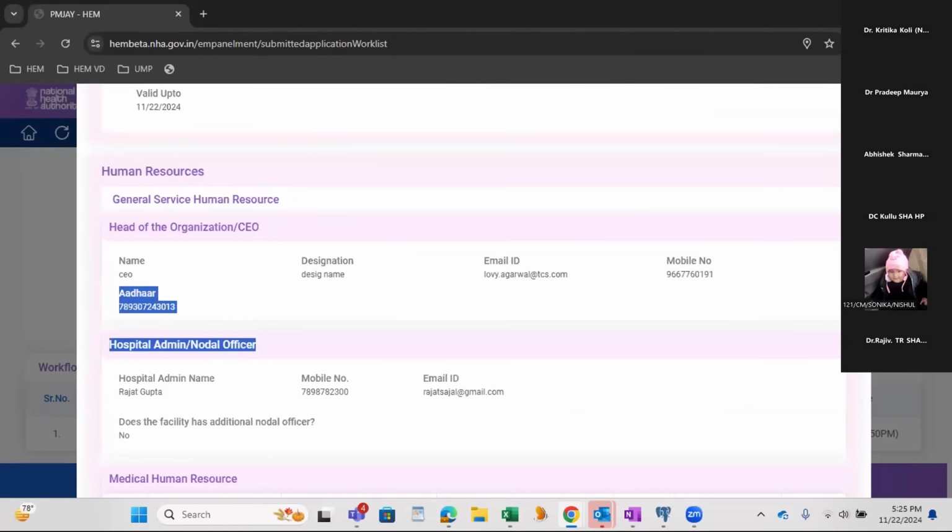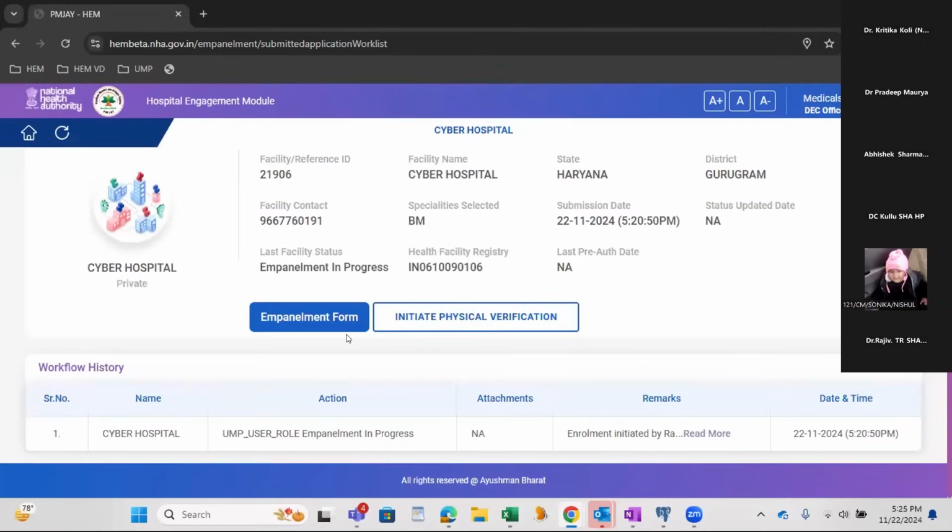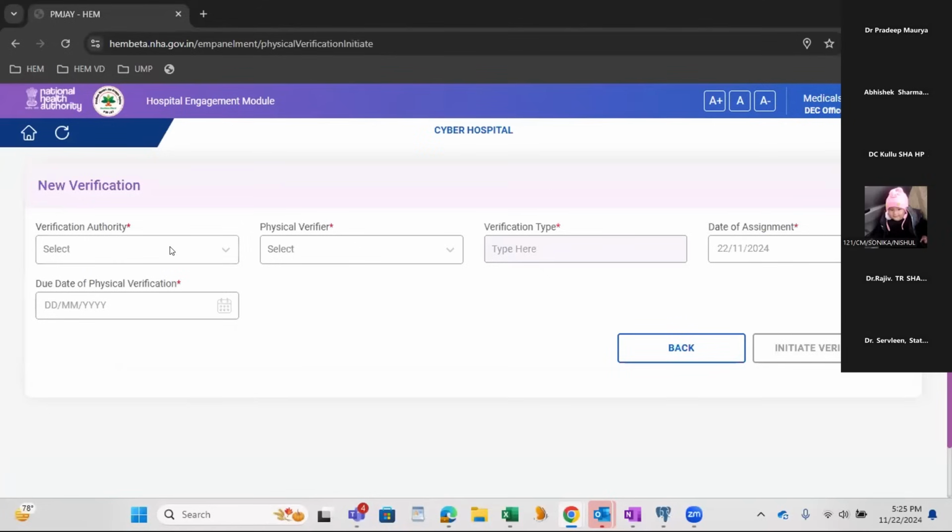Okay. Now, this is initiate physical verification. This is a mandatory physical verification initiation for a private hospital. I click on this. A new screen will pop up where I have to select the physical verifier. There are two options: we can assign to a district DEC physical verifier or a TPA, third party.